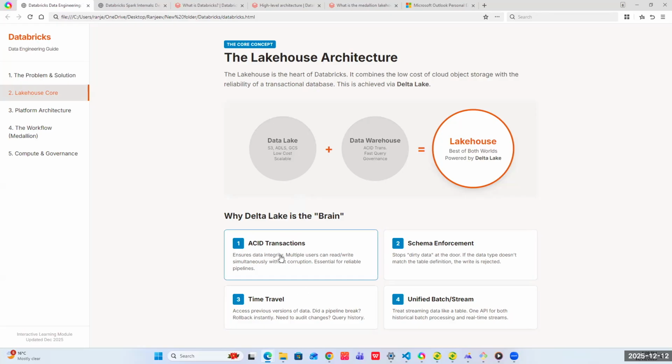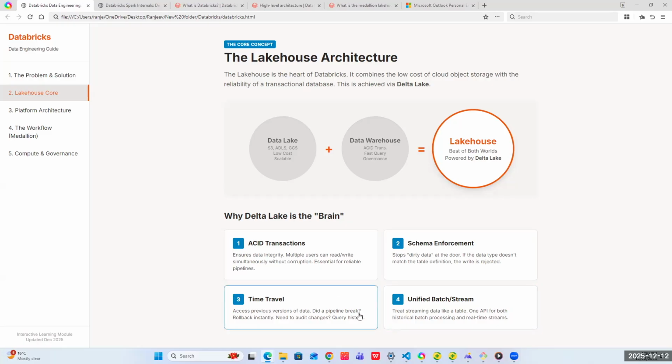So that means durability. Schema enforcement checks the data type and predefined schema,